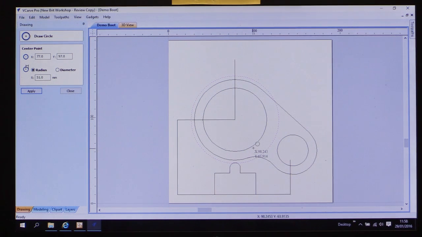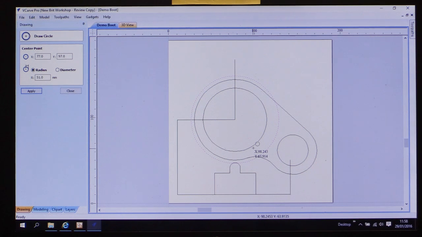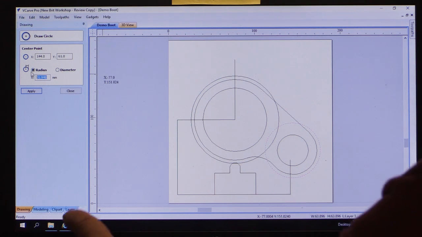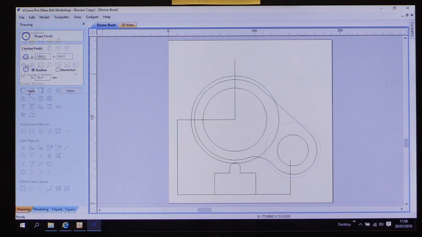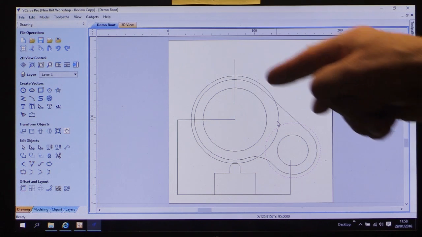I now need another circle centered here, which again is about 4 millimeters greater than this one. So I'm going to hover over there. There it is. And I could sit there like that. And that would give me 28 millimeters. So I want this to be 32. So I'm going to go in there and I'm going to say 32. Apply. So I've now got two circles